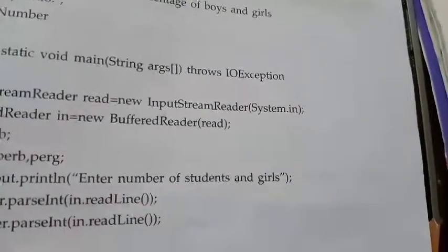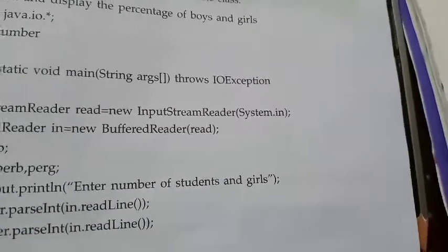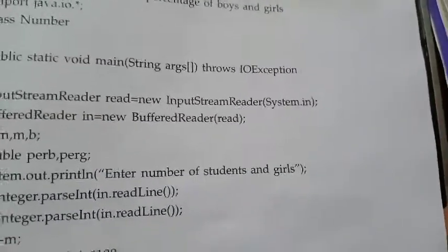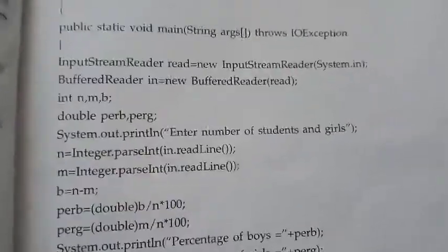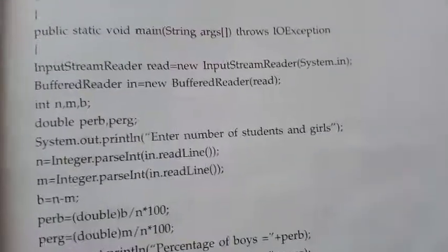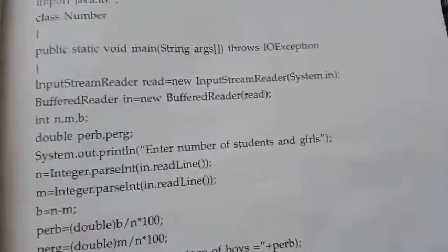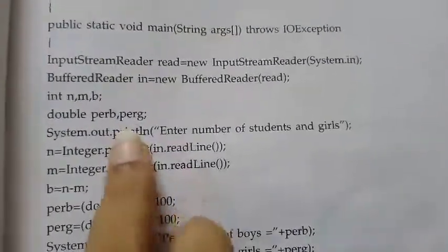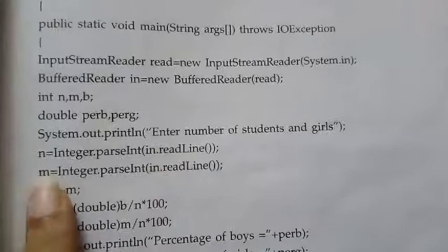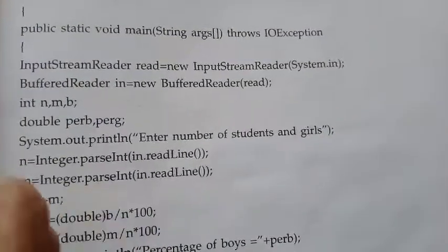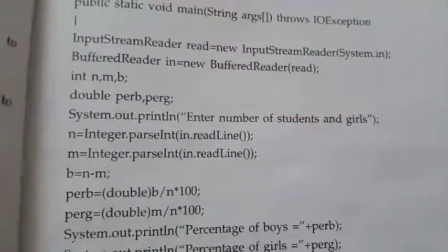It doesn't know whether it is an integer or character or a string, so it is going to save it only in the form of character. Each and every alphabet or number or symbol, whatever it is, is a character. It is going to be saved like that only. So to convert it to an integer or a string or a double or whatever it is, we need to